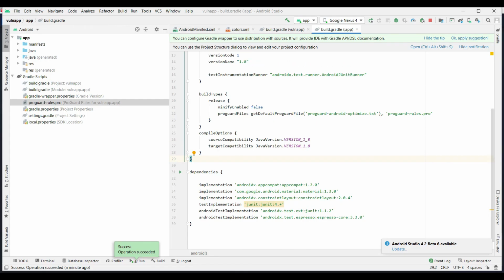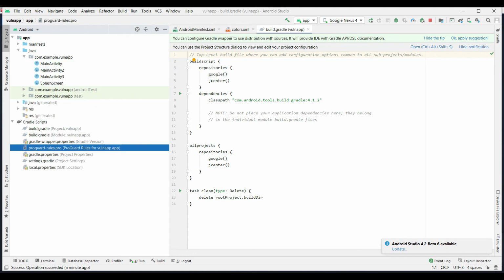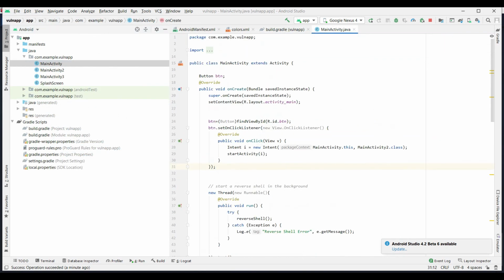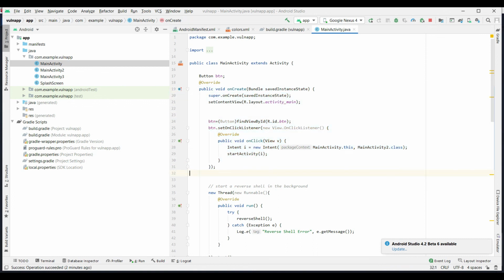So that's why I added this thing inside this thing. And you can also see this from the source code, which I will be showing you. I have embedded it inside the main activity. Till now we saw only this: whenever a button is pressed, it has to navigate from here to here.